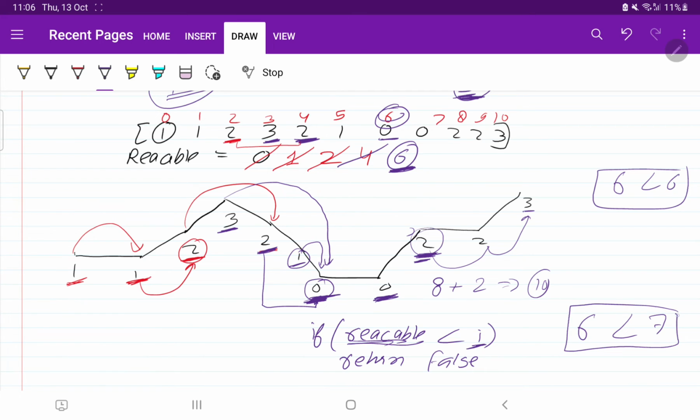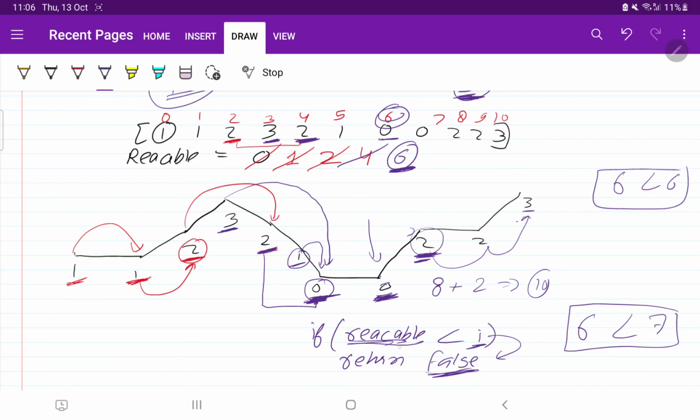If this condition is true, as soon as we get to know that our reachable is left behind and we jump to the next position, we need to return false. It means as soon as we come here and we see that we cannot come here, then why do I need to check the entire array?